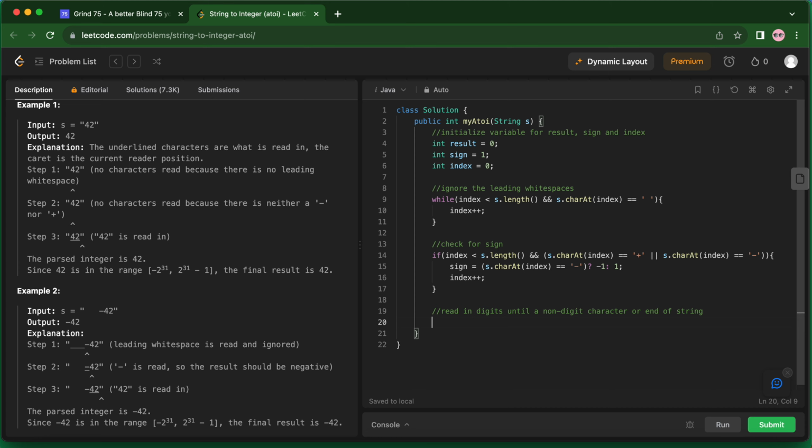Okay, so we'll say while index is less than s dot length. Now what else we need to check? We need to check Character.isDigit, right? s.charAt(index), right? So the index is lesser than the length and it's a digit, then we can say int digit is equal